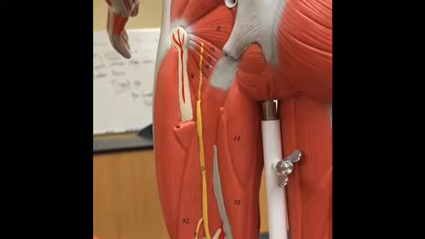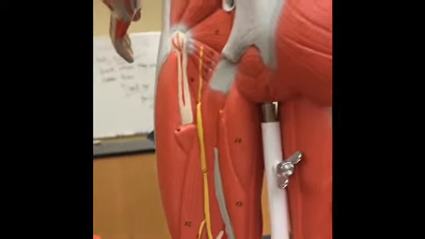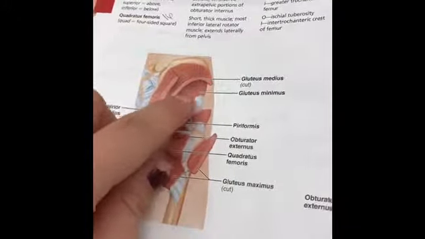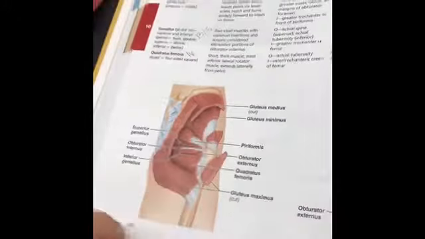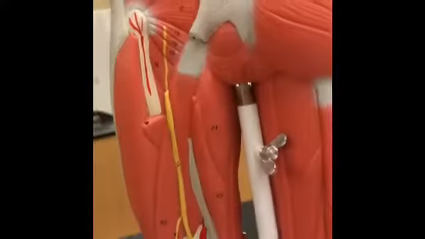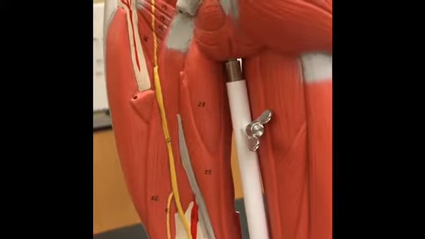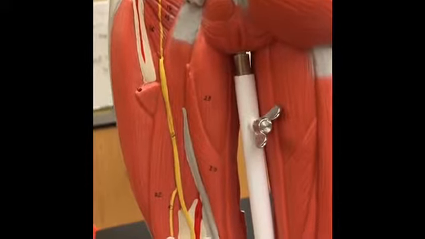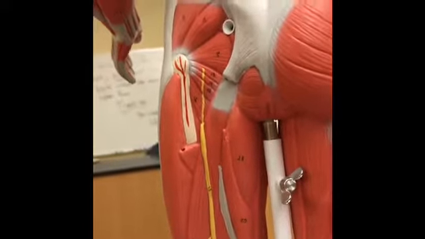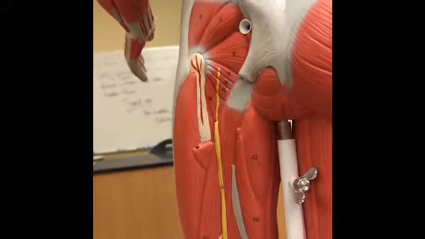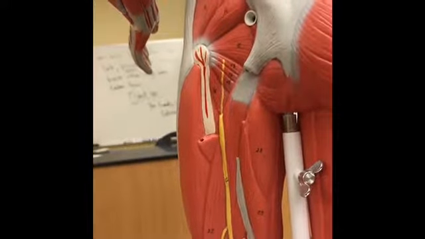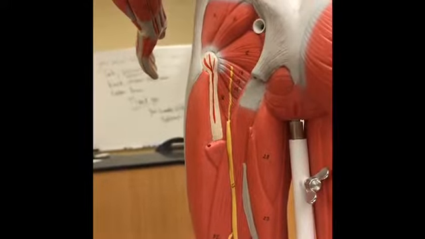Next is the gluteus minimus, which is not shown on the muscleman, but can be found in the book. The gluteus medius is right here. The gluteus minimus is right here. The origin is between the anterior and inferior gluteal lines on the external surface of the ilium. The insertion is the anterior border of the greater trochanter of the femur, and the action is the same as the gluteus